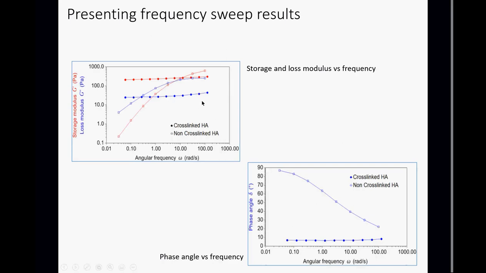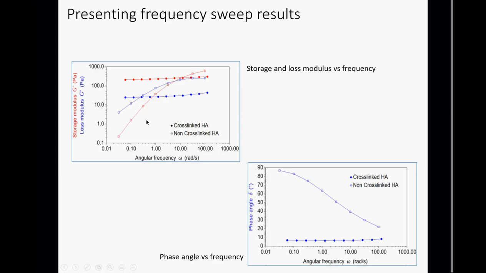What we can see here are two hyaluronic acid formulations. The filled circles, these are a dermal filler, actually, and what we can see is that we get a very elastic dominant behavior, where the storage modulus is higher than the loss modulus throughout that range of frequencies. And then the other product with the open squares, this is an ophthalmic viscosurgical gel, an OVD, that's used in cataract surgery. And these tend to be a lot more